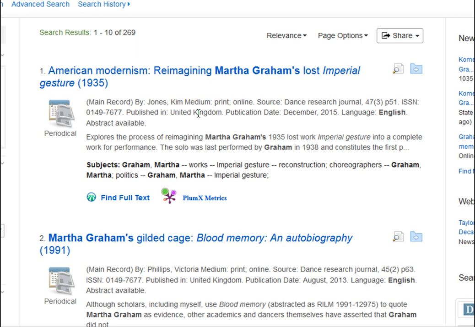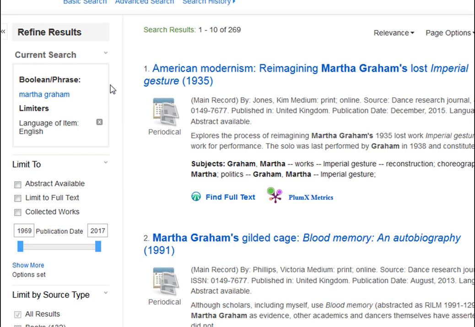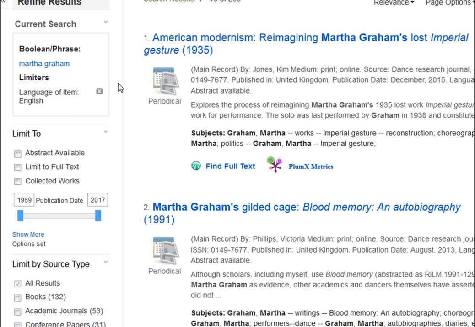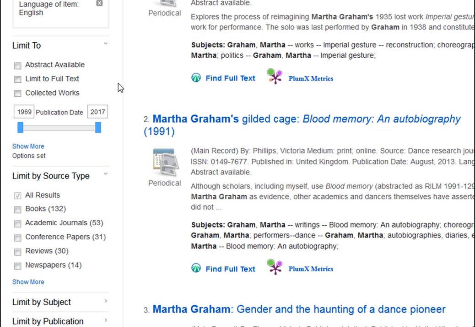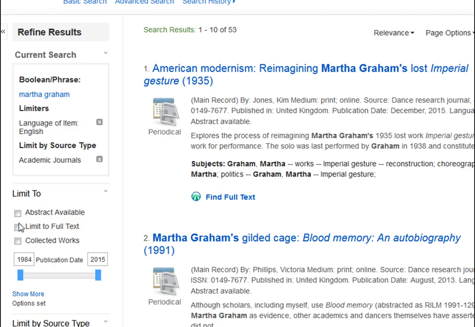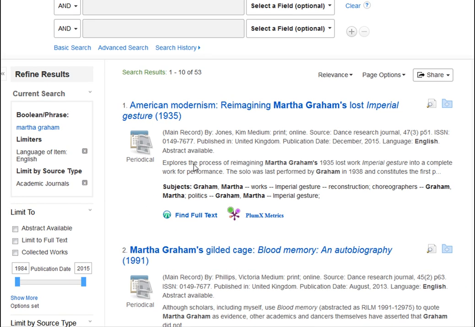We can narrow our results again by choosing even more of these limiters. Note that they're also available here on the left side of the search results page, so you don't have to keep going back and forth from the search page to the results. So if your professor specifically asks you to find scholarly articles, you can limit your source type to just academic journals, right here. So if we click that checkbox, it will redo our search and narrow our results down to